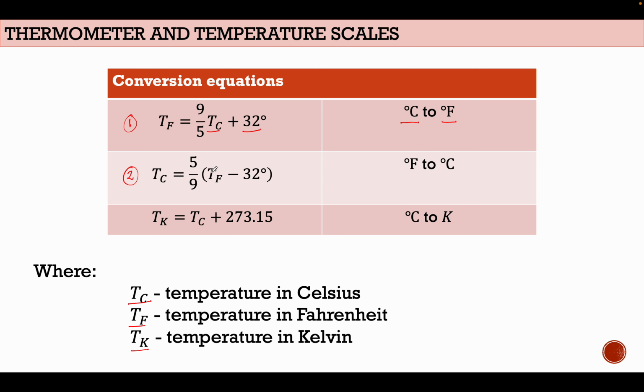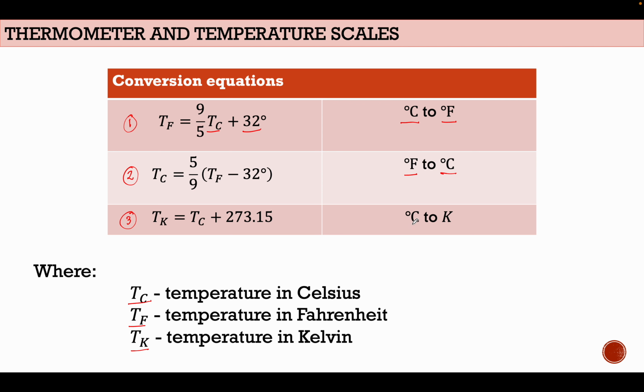So the correct way is to get the difference first, or you subtract T sub F minus 32 degrees, and then you multiply the answer by 5 over 9. So that is for equation number 2, which is if you want to convert from degrees Fahrenheit to degrees Celsius. And then the last one, we have